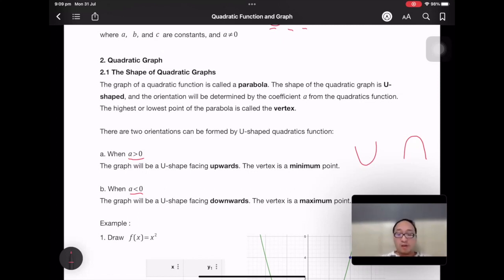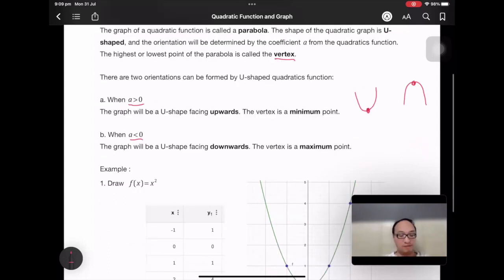For the parabola graph, you can see that we have a minimum or maximum point. The minimum or the maximum point of the quadratic graph is called the vertex. So let's see